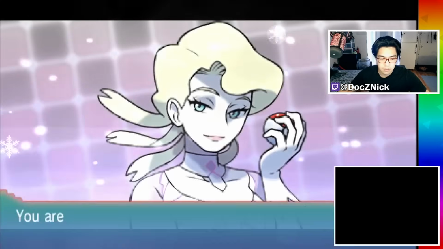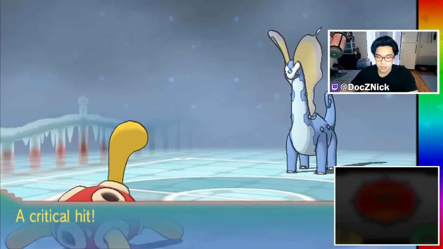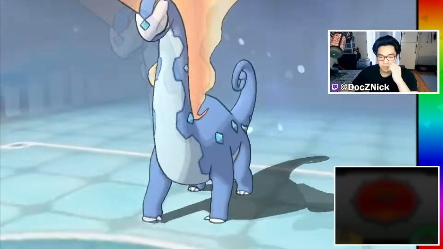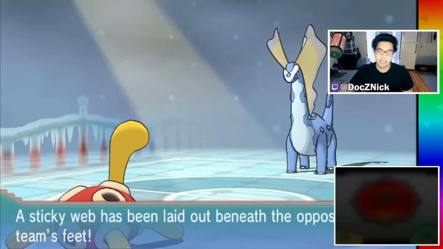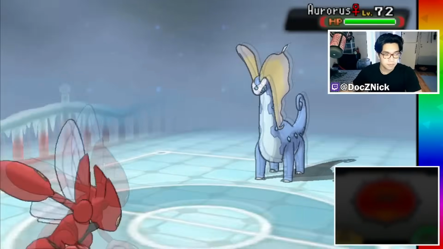The biggest issue with her team is the hail. I lead with Shuckle to use a Heat Rock Sunny Day and a Sticky Web to reduce speed. Seriously? Okay. To just remove the sun. The hail. Damn, it got all 3 Blizzards? Okay. From here, I swap to Scizor to set up a Swords Dance, and Bullet Punch to kill